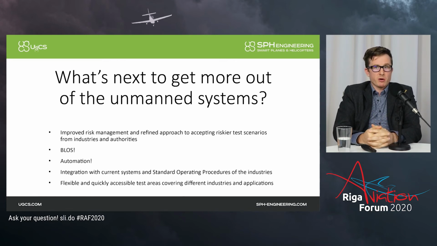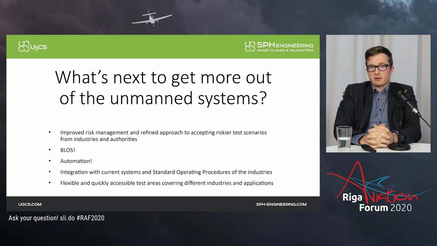A very big question is beyond visual line of sight. Currently you can operate a drone maybe 300, 500 meters from yourself, and if you are monitoring forests, you lose sight of your drone immediately as soon as you fly over the first of the trees. But there's no use in monitoring a forest, which is a very large area, if you cannot fly beyond line of sight.